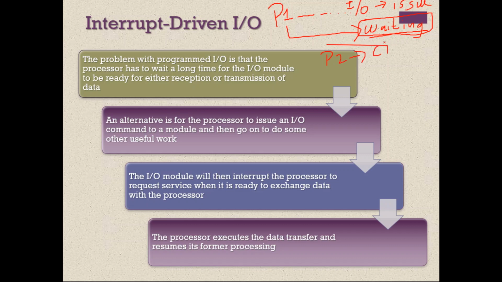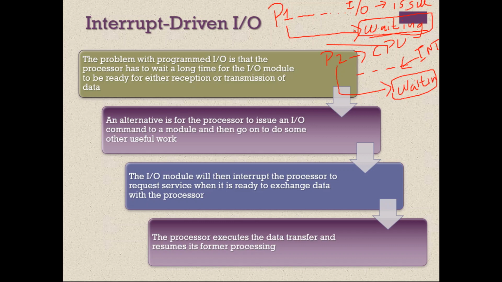Say it is executing process 2 for a certain amount of time. But meanwhile, if the IO operation for P1 is completed, then the CPU will receive an interrupt from the IO module saying that the IO you previously requested is completed. Now what will the CPU do? It will keep P2 in waiting state, and it will move P1 to ready state. If it is in ready state, then obviously it will come to running state also after some time.